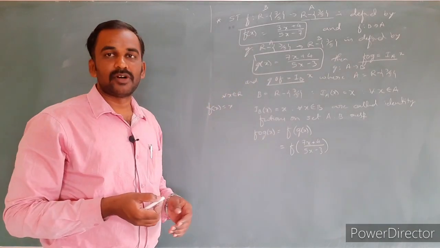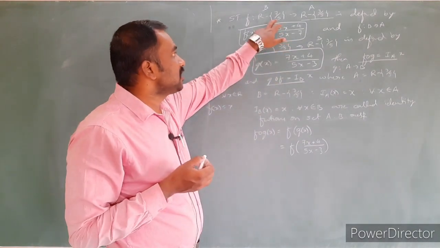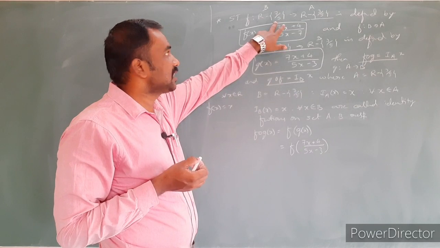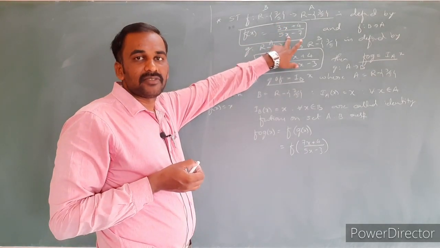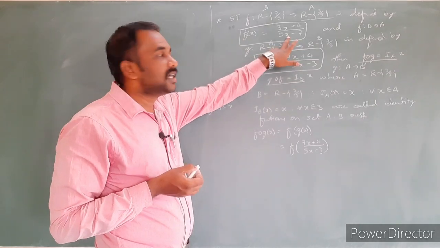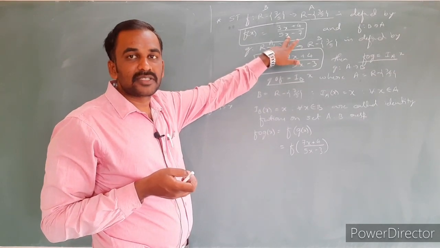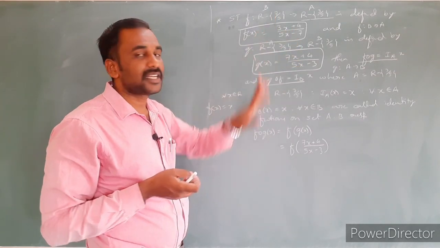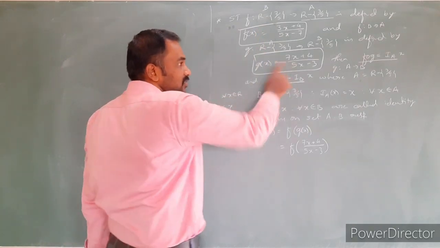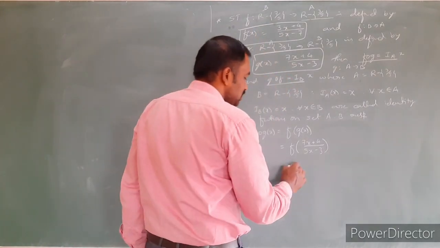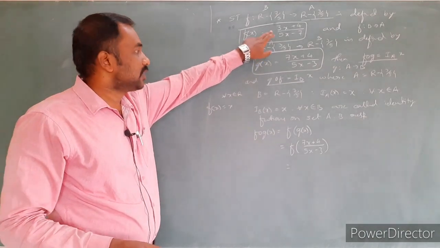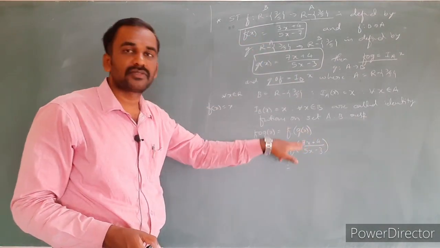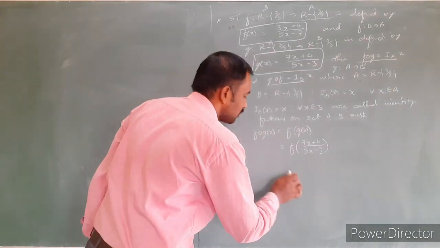Again it is of the form f(x), and I think you have got my point. Why did they neglect 7/5 in the domain? If I replace x by 7/5, the denominator becomes 0, and if the denominator is 0, the function is not defined. That's why they neglected 7/5. Here also the same thing. Now, wherever x is there in f(x), we have to replace it with this value. Let's replace it.